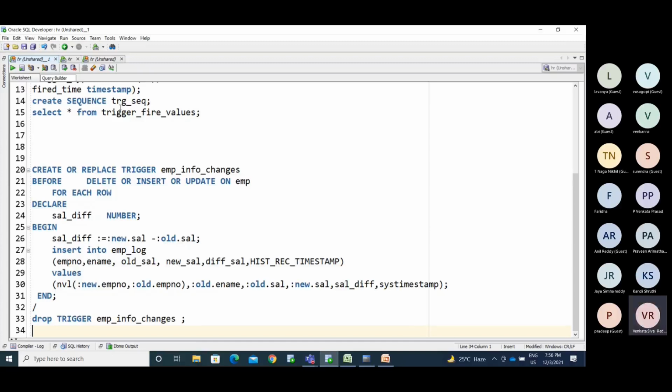Create or replace trigger EMP underscore info underscore changes. This is the trigger name.